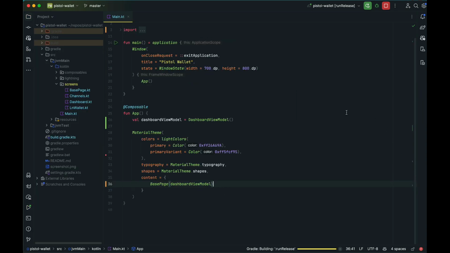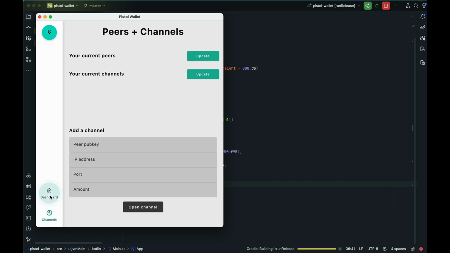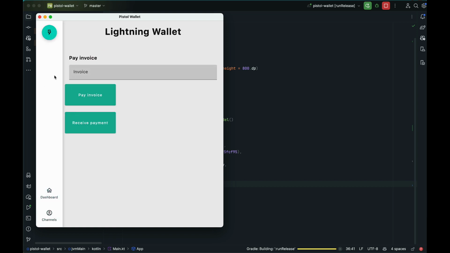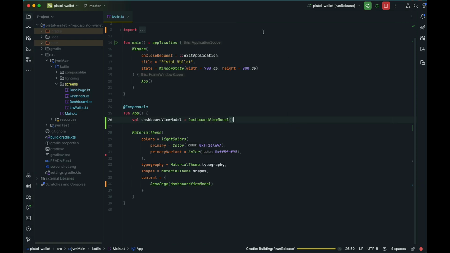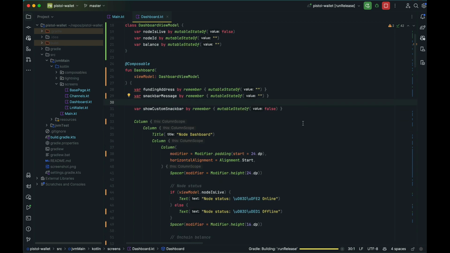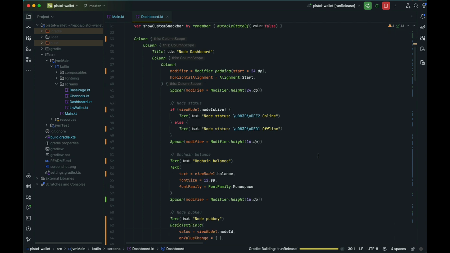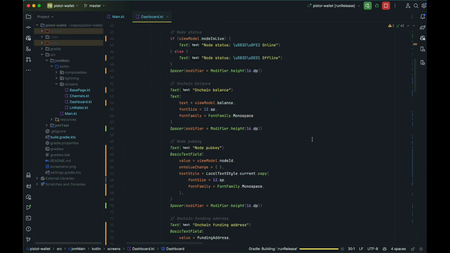Top right, I'm able to fire the app. This is what the app looks like again: channels, dashboard, and Lightning Wallet. Let's take a look at dashboard. I want to show you, without going over everything that is required to build Compose applications in this video, you